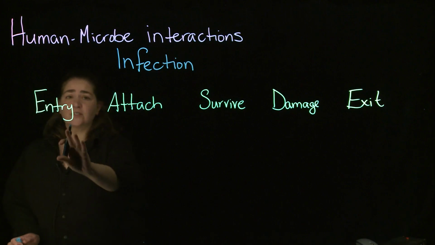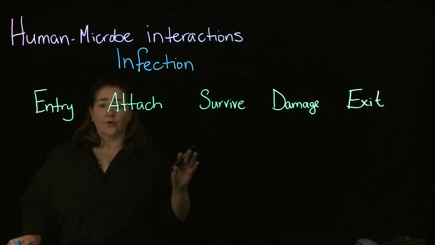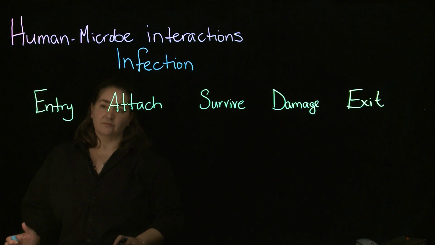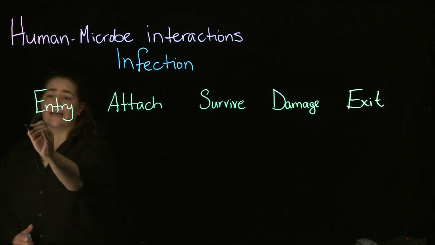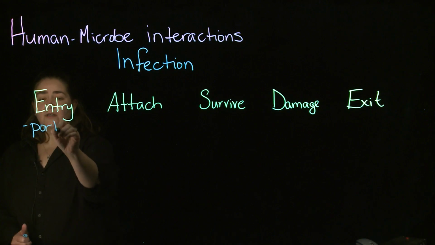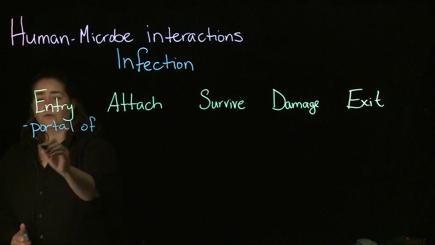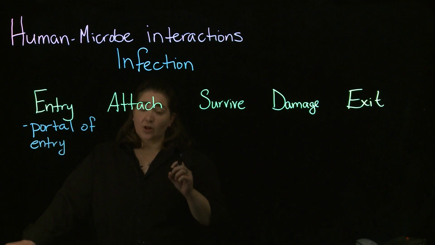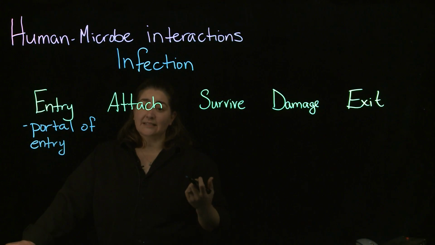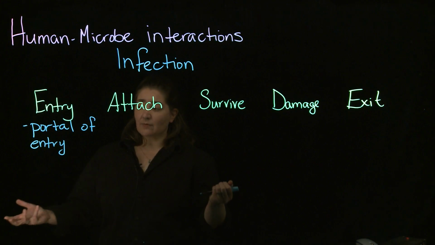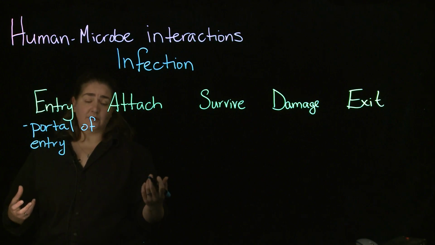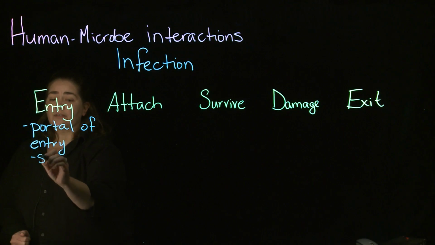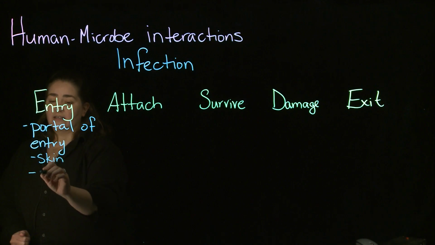All right? First thing that has to happen in order for a microbe to make us sick is it has to gain entry into our system. All right? There are a number of ways that this can happen, but what that microbe needs is essentially a portal of entry, okay? Meaning it has to have a way to get in. And in terms of that portal of entry, there's a diagram in the PowerPoints that kind of outlines the various portals of entry in the body, but most commonly things like the skin,